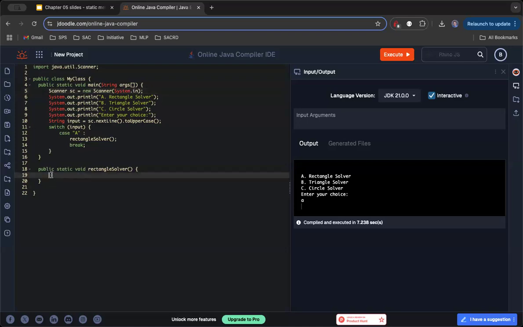Now we're going to need a scanner in this method because we've defined the scanner inside our main method. The scanner is scoped only to the main method, so if we try to use it in the rectangle solver, it's not going to work. Let me show you what I mean. So let's do an example here. The prompt is, we're going to need to enter